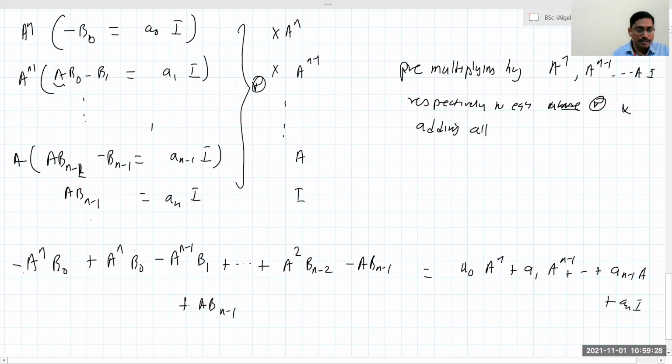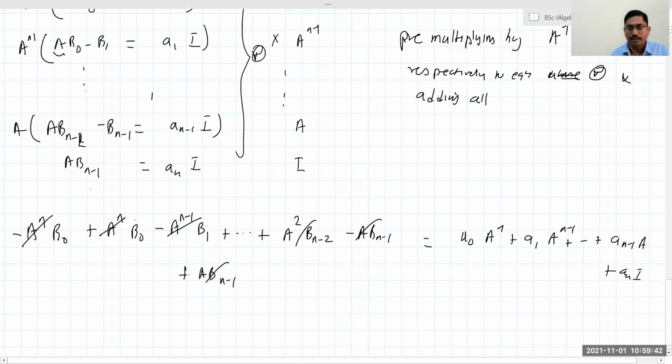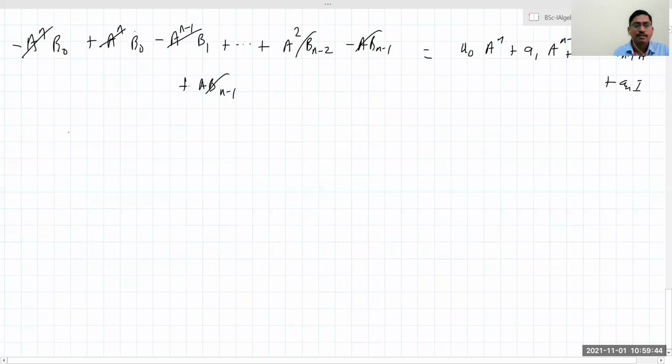So you can see that these two terms are same. These terms cancel with the next. This will cancel with previous, and this will cancel with this, plus minus alternate sign. So that means the right hand side is, that is, the left hand side is 0. These are all the terms, pairwise appears and have opposite signs. So here you get 0 matrix. Your cancelling means you get 0 matrix.